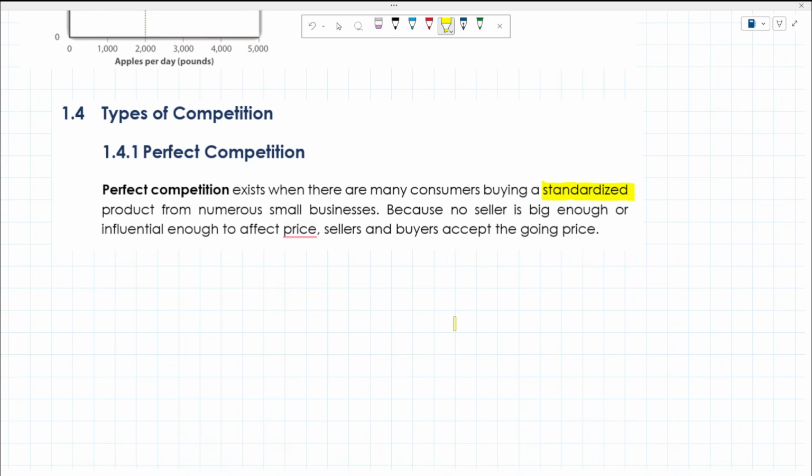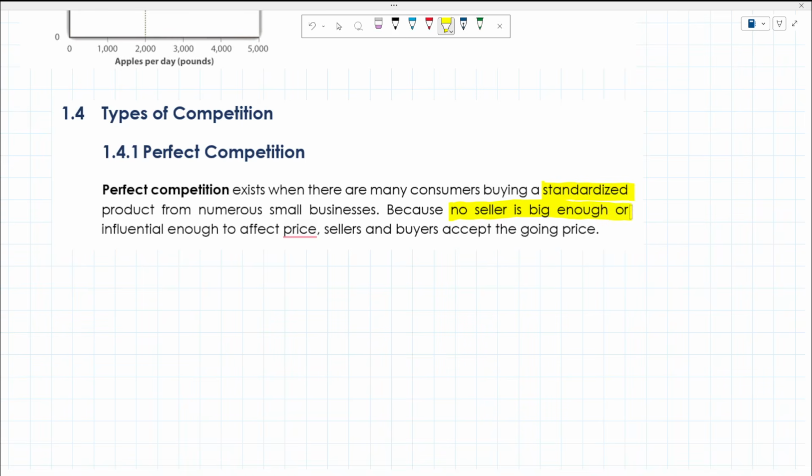Of course, this would include the price of fish like tilapia, galunggong, bangus, the price of poultry, chicken, duck, whatever, the price of livestock like pork, beef, and other types of meat. So the DTI is the agency concerned with the regulation of these factors in the market. Also, we should take note that the definition is no seller is big enough.